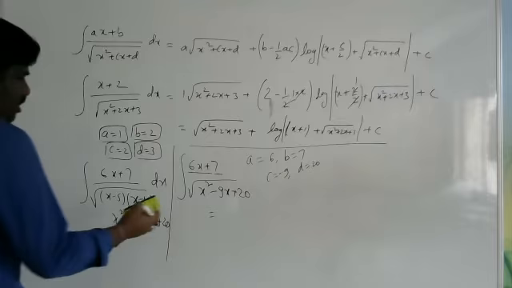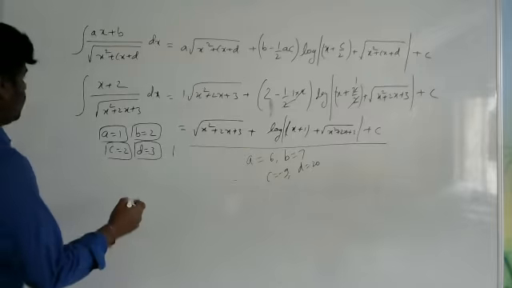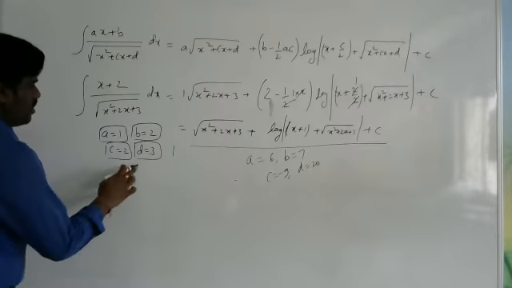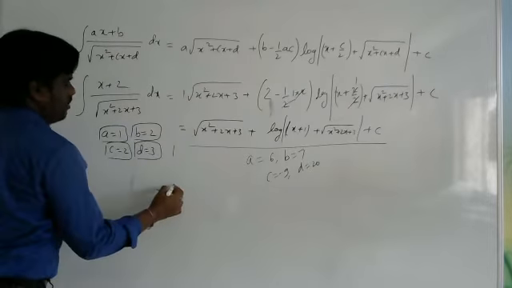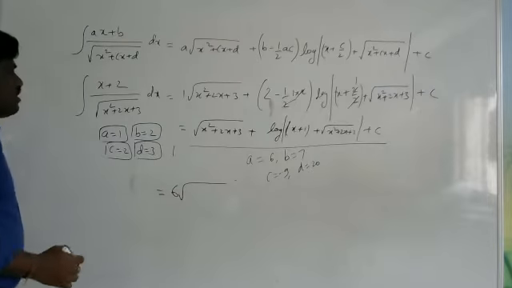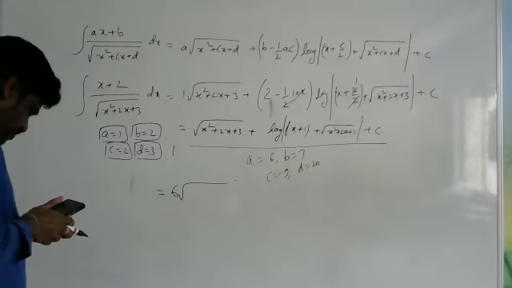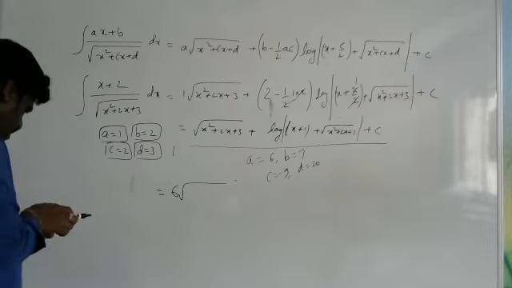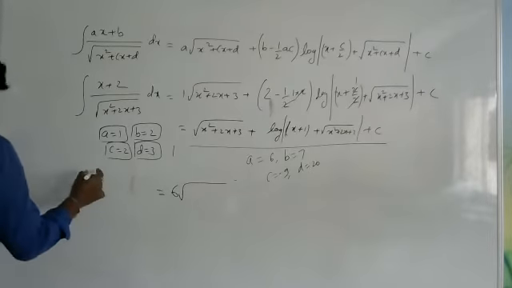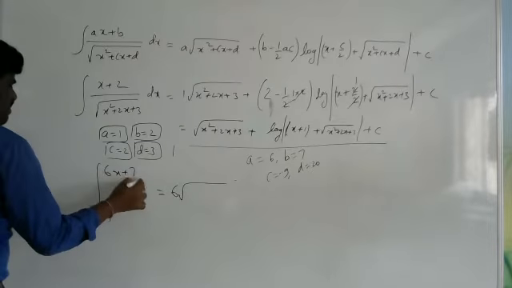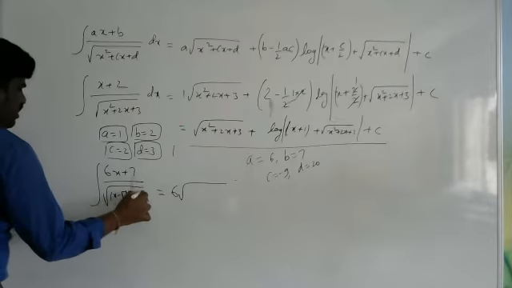What I am going to get as the answer... the integration of that, I forgot. I erased the question, right? The integration value will be 6 into the square root of... I need to write that. I erased the question. I will check the question once. Integration of (6x + 7) divided by the square root of (x − 5)(x − 4) dx.